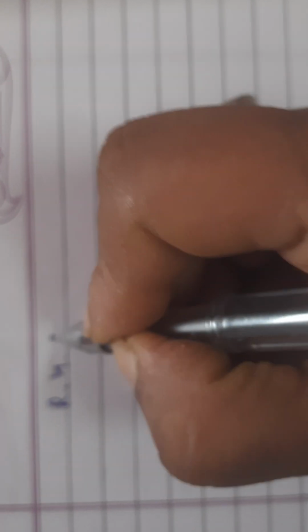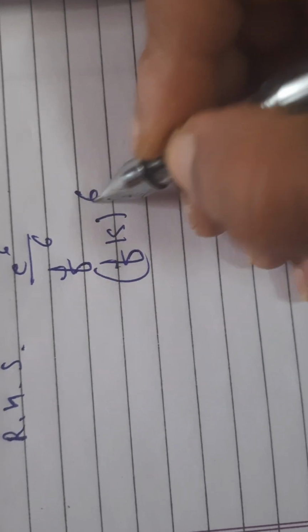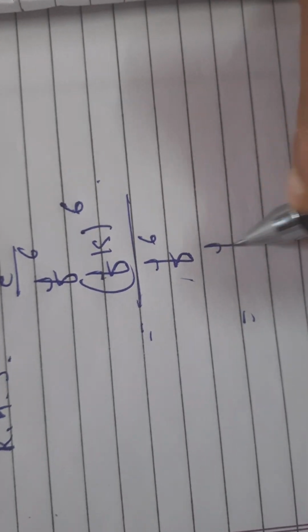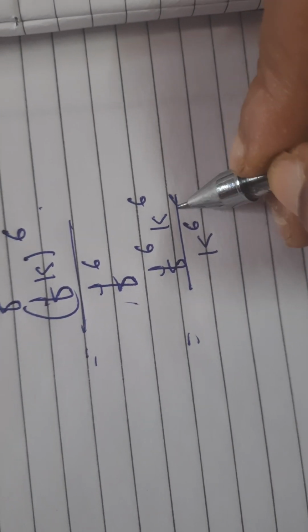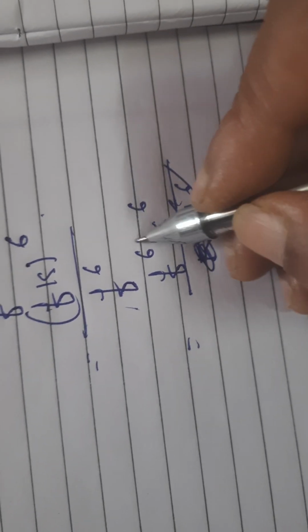This is the LHS. Now I am taking the RHS. The RHS is e⁶/f⁶, and we know that the value of e is fk. So (fk)⁶/f⁶, that is f⁶k⁶/f⁶. This f⁶ cancels this f⁶, and we are left with k⁶. The LHS is k⁶